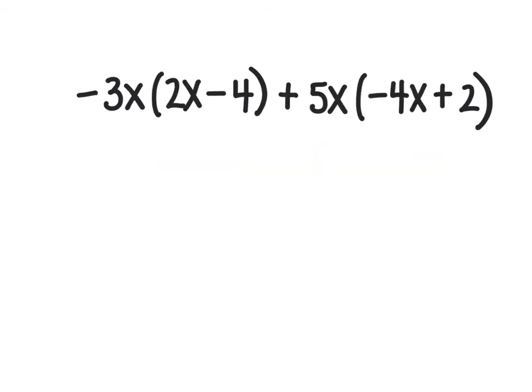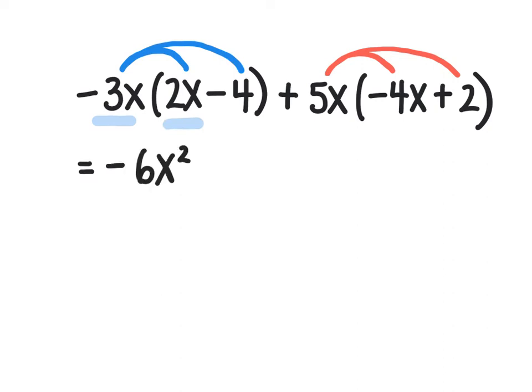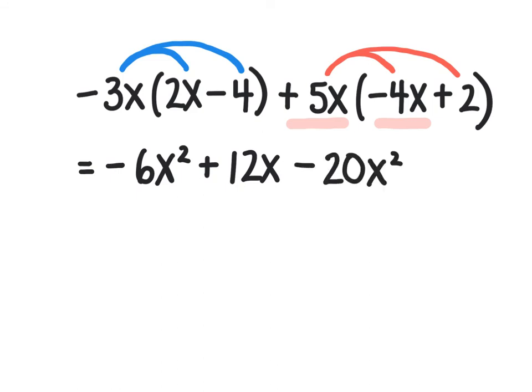There will be cases when you might need to apply the distributive property more than once in a question. Like when there were just constants out front of the set of brackets, we will need to look carefully at the terms which will need to be multiplied. In this question, the negative 3x will multiply the terms in the first set of brackets only, and the 5x will multiply the terms in the second set of brackets. Negative 3x times 2x will give us negative 6x squared. Negative 3x times negative 4 will give us positive 12x. Positive 5x times negative 4x will give us negative 20x squared, and positive 5x times positive 2 will give us